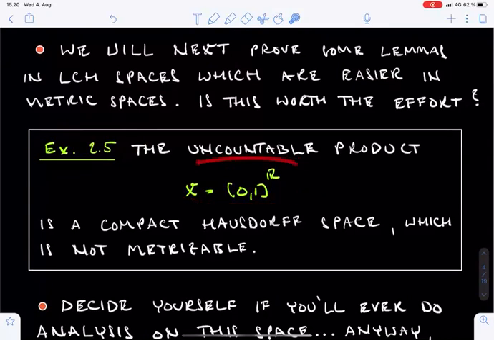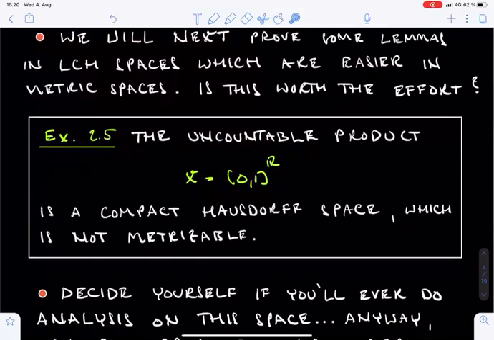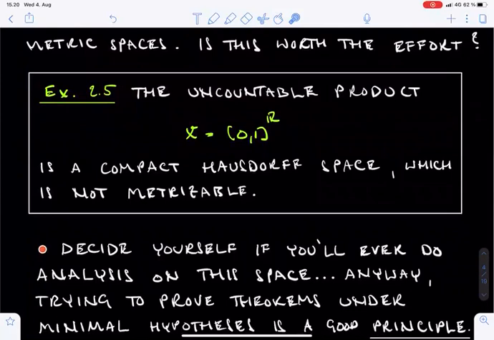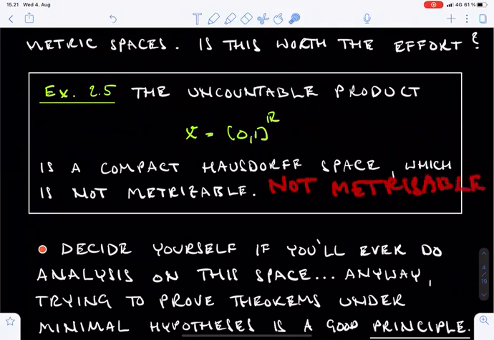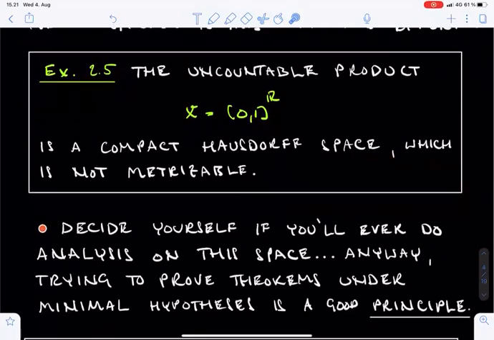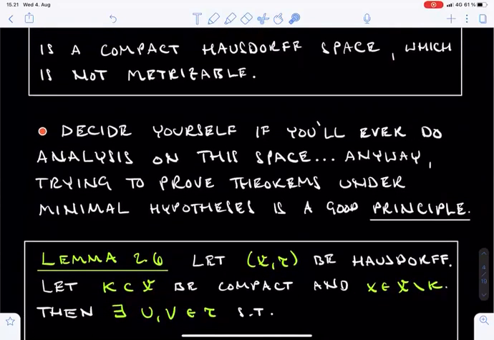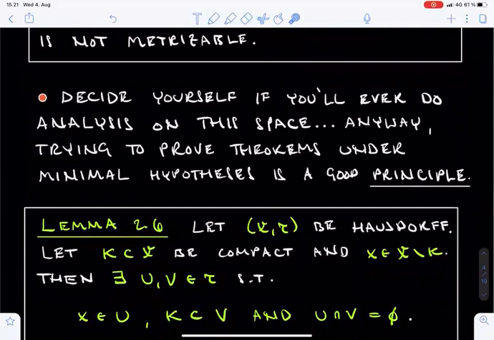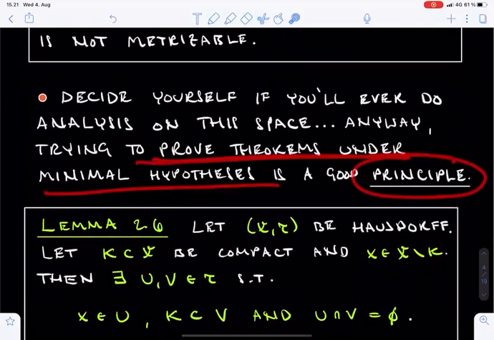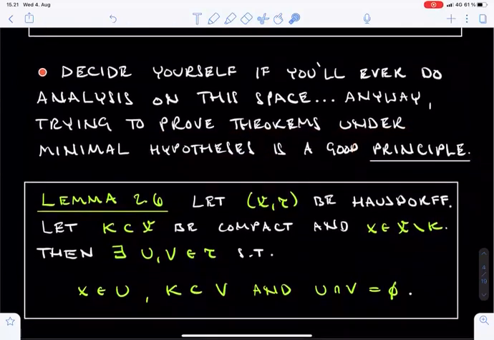This space is an uncountable product of closed unit intervals, equipped with the product topology. I'm not sure if you are familiar with the definition of the general product topology, so I won't go further into the details. If you are familiar with this much topology, it would be a good exercise to think why this topological space is not metrizable. Now you will have to decide yourself if you ever plan to do analysis on this space. I would dare say that the Riesz representation theorem is most often really applied in metric spaces. Nevertheless, it's a good general principle to prove important theorems under minimal assumptions. This way it's easier to keep track of what is really essential.